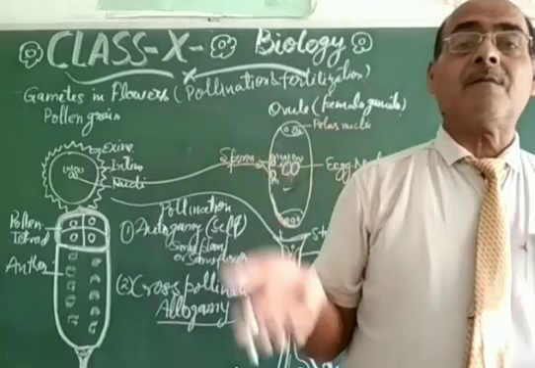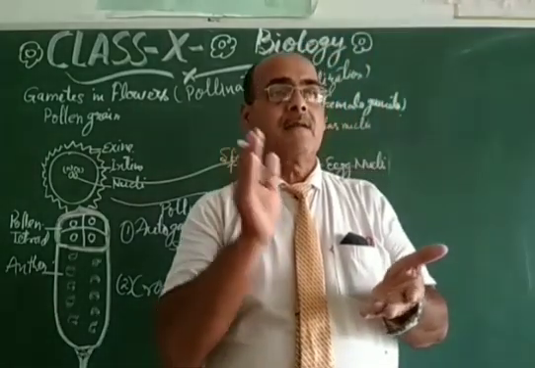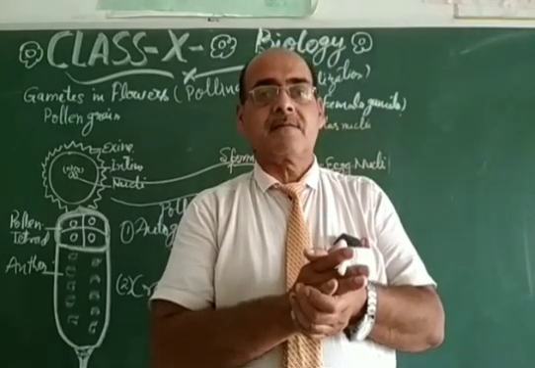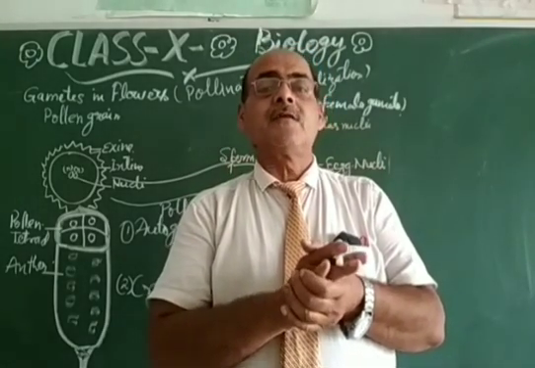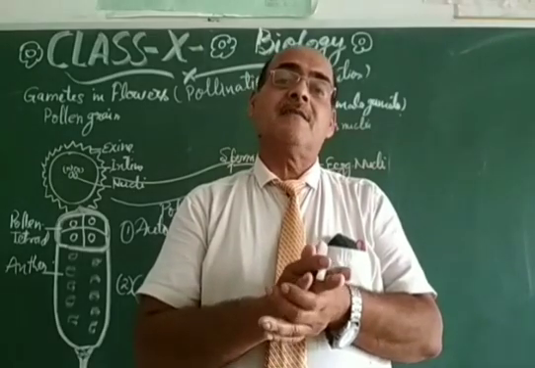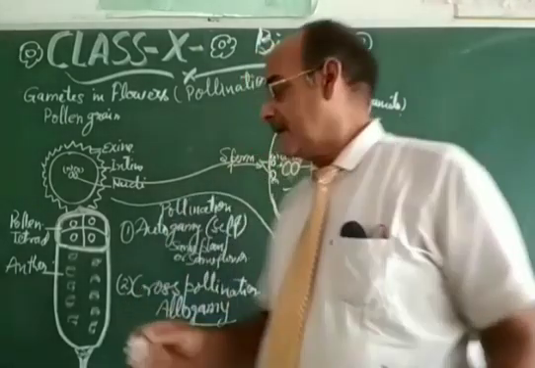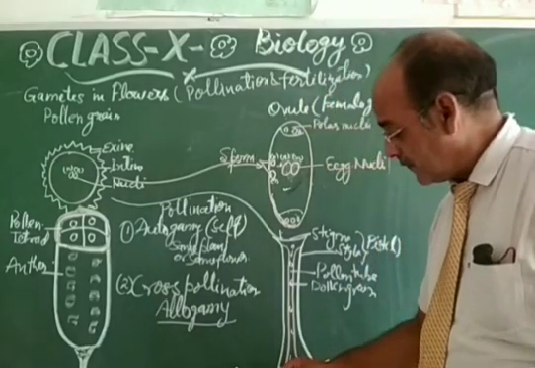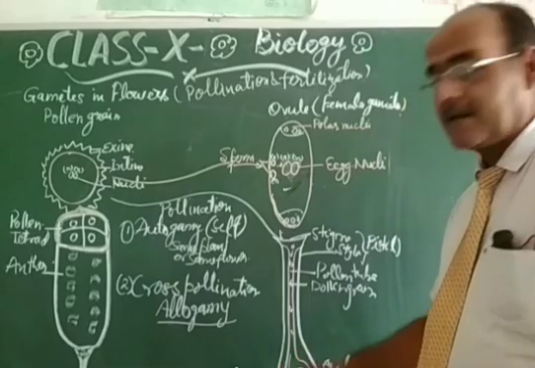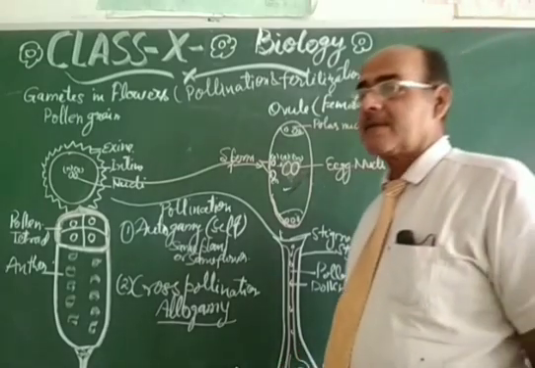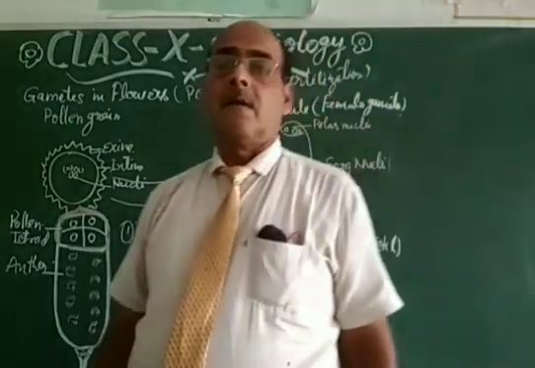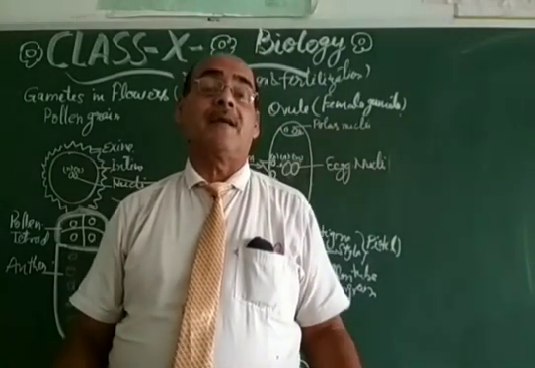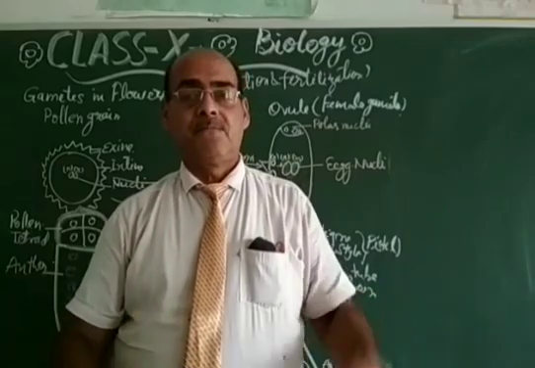Earlier I have already told you that in gymnosperms the seed is naked, while in angiosperms there are seeds inside the fruit. So the enlargement of the ovary facilitates the formation of fruit, and sometimes fruit is formed without fertilization, which is called false fruit, for example in the banana.